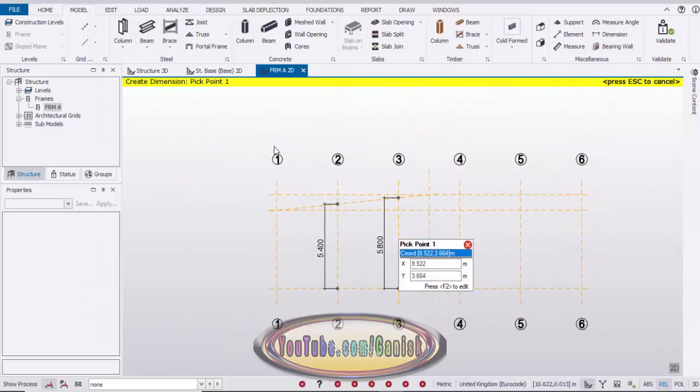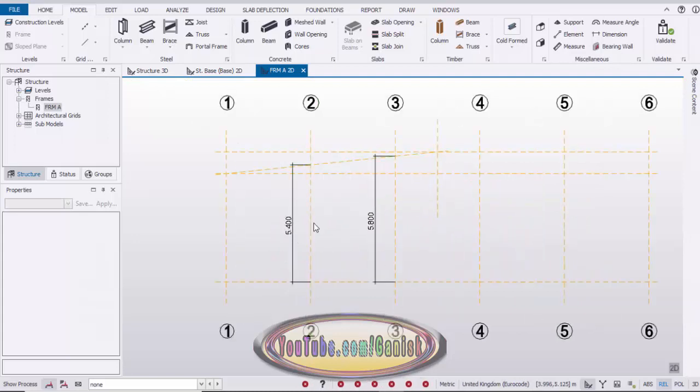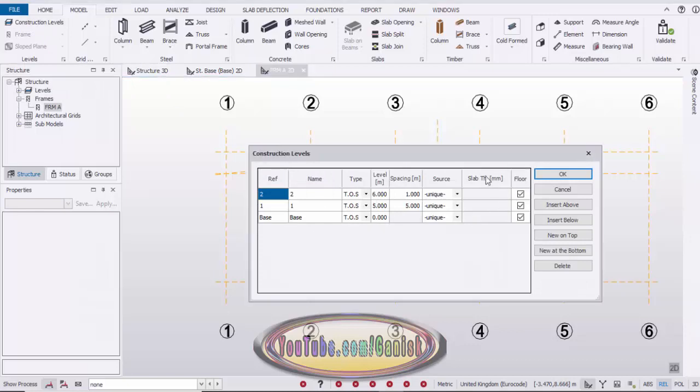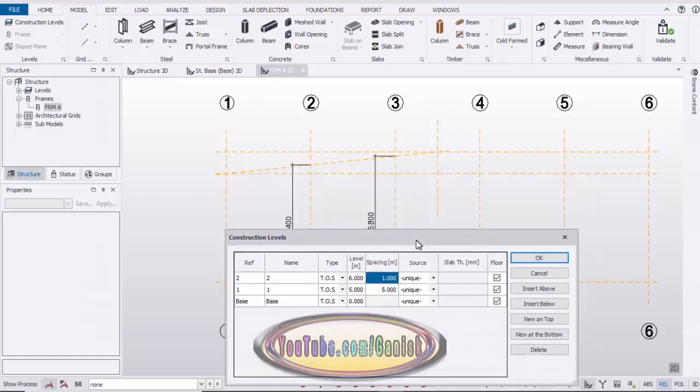Now click on Escape. Now we're going to create the construction lines according to these levels. So double click on these construction levels, and now we're going to insert after 5 meters, we need to take 5.4. So enter 0.4, then insert above and take one more point.